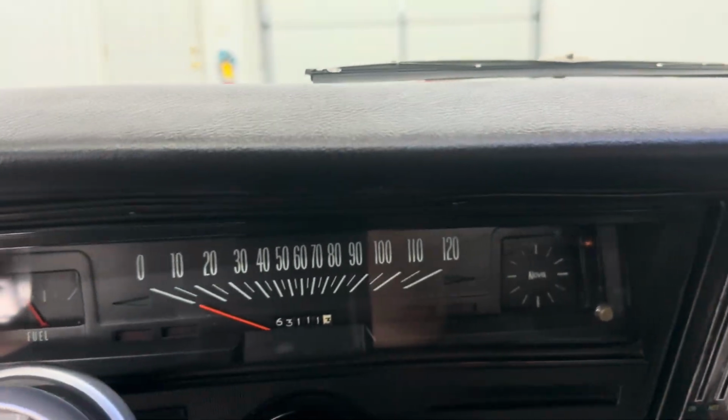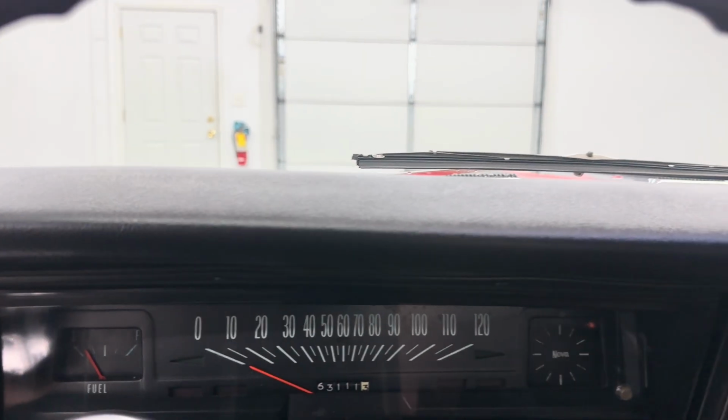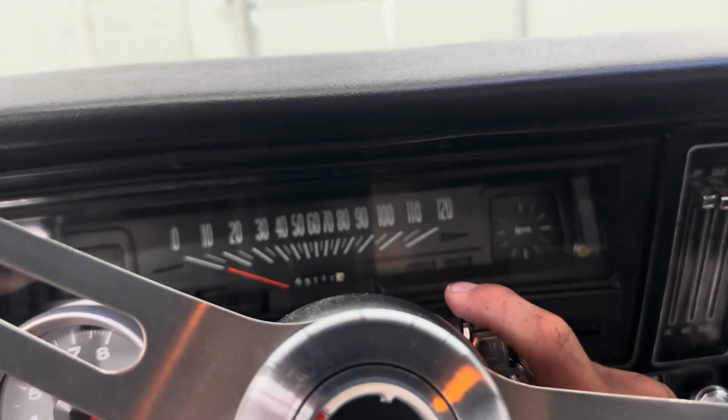We got the car in on trade. The gentleman was not really hip on a manual transmission anymore. He's having some health problems, and